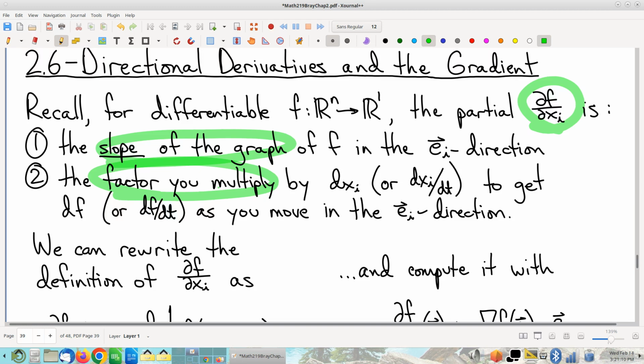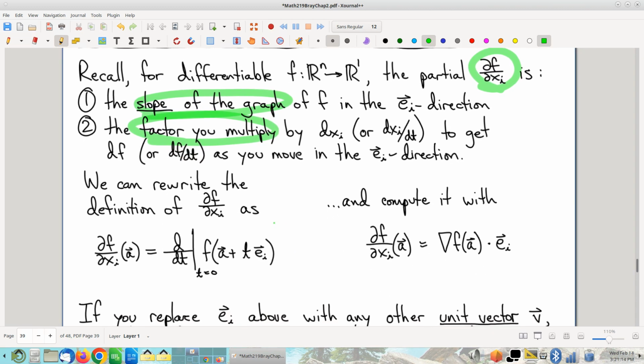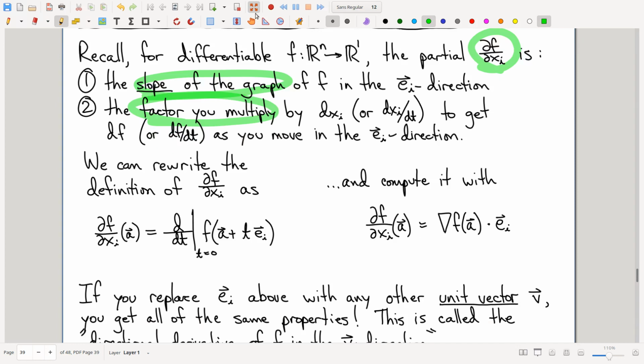Partial derivatives are only for standard basis vectors. Okay, now here's a couple of weird ones that you might not recognize. We've not really quite written these down before. I'll start off with this one here. This formula